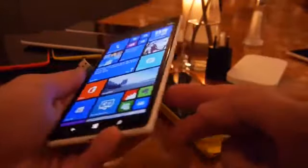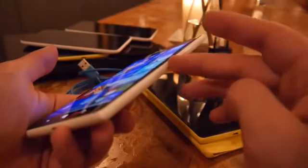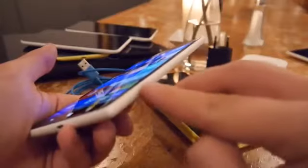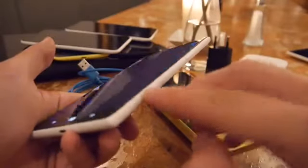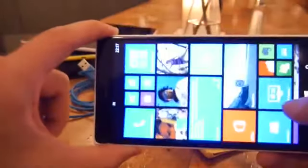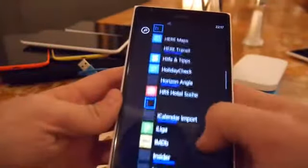Because we haven't talked about the hardware yet much, there is a volume controller here, on and off switch. Also, if you want to just use this to wake it up and get it to sleep, you can already now see how beautiful the display is also from the side. And there's, of course, as always, a dedicated camera button, which I can just press, and then the regular camera app opens up. But what now got an update, and which will be all in one app, is the Nokia ProCam. So let me just go down here to